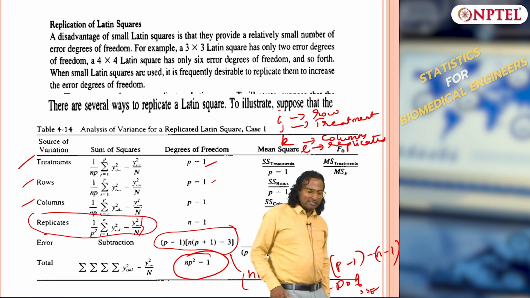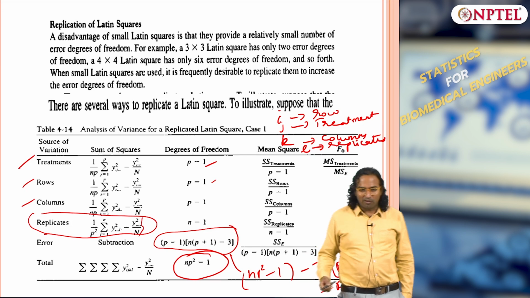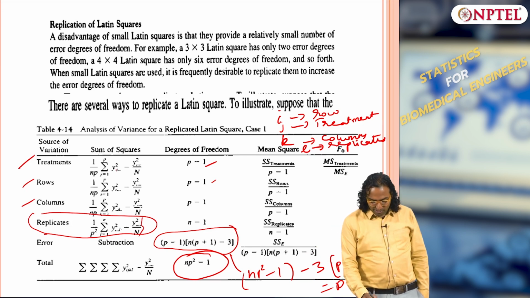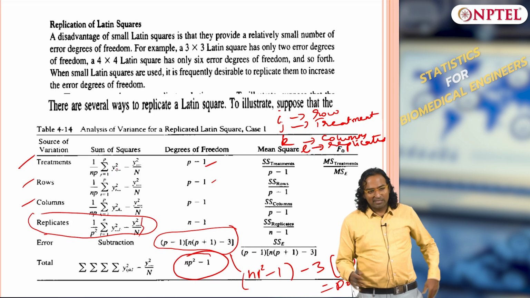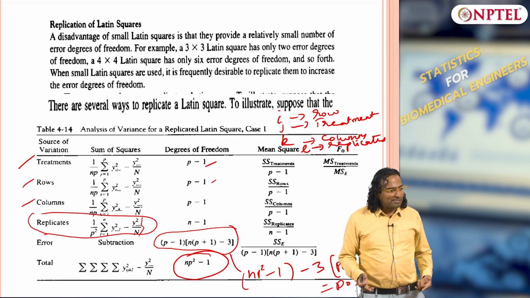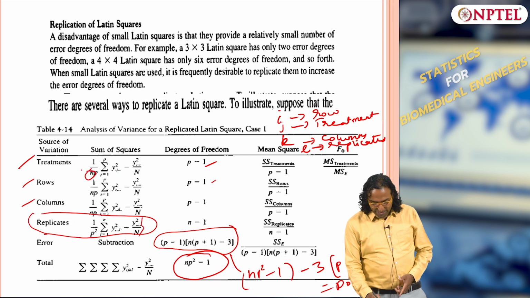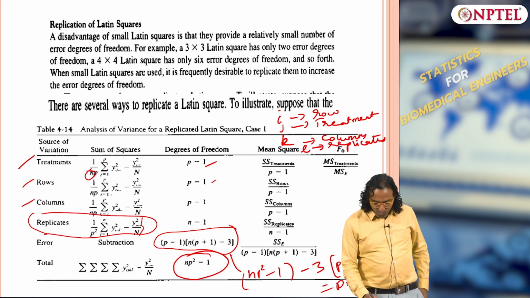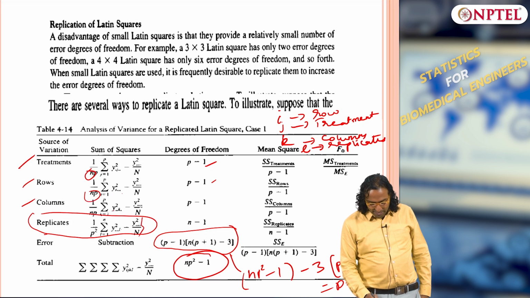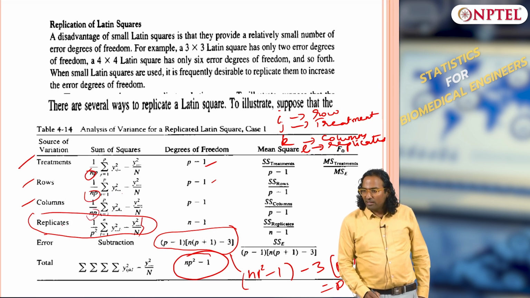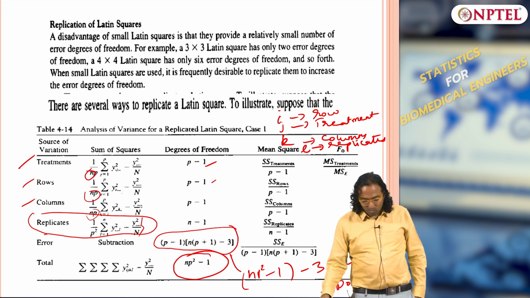And if you look, there is a standard pattern in the formula. Now you should have observed, this is y dot j dot, so this is treatment, where the treatment index is j, summed along everything except for j: y dot j dot square divided by the total data points per level, n p, and y i dot square divided by n p, and then y dot k dot square divided by n p. Okay. This is standard for treatment, rows and columns.